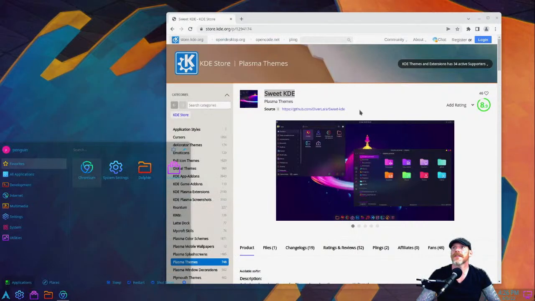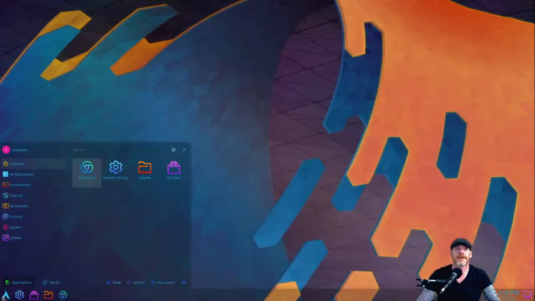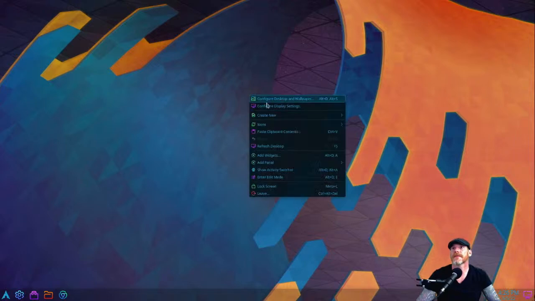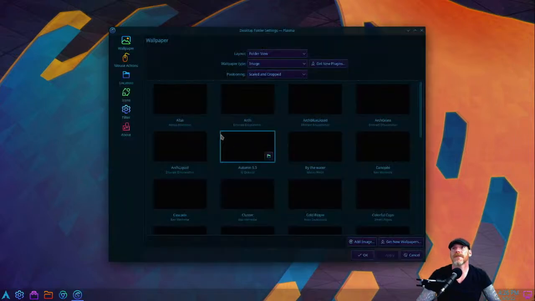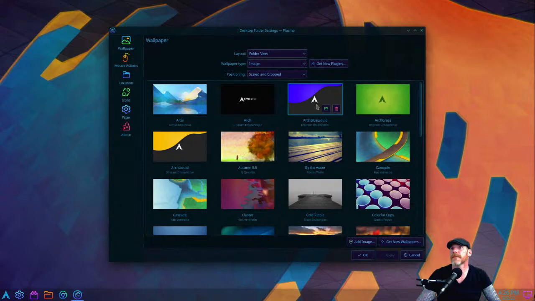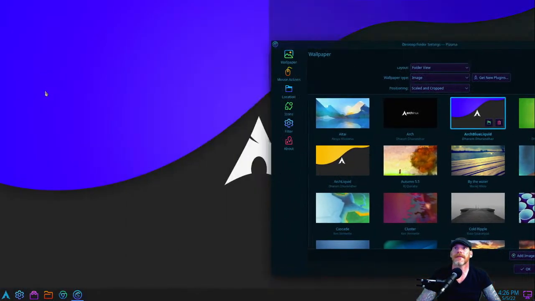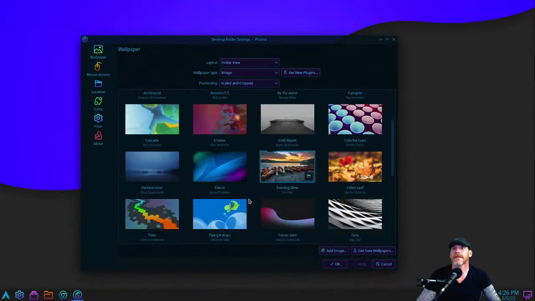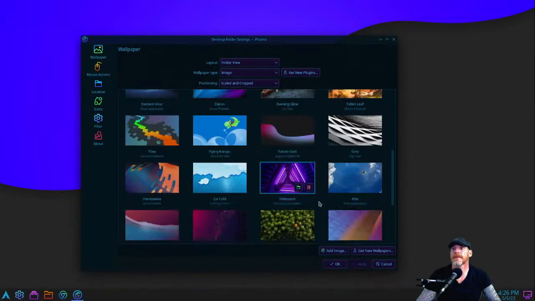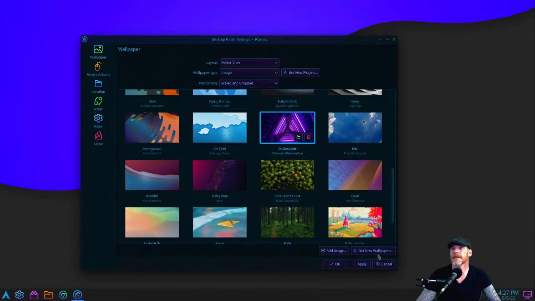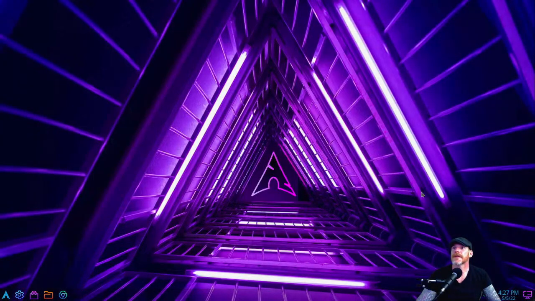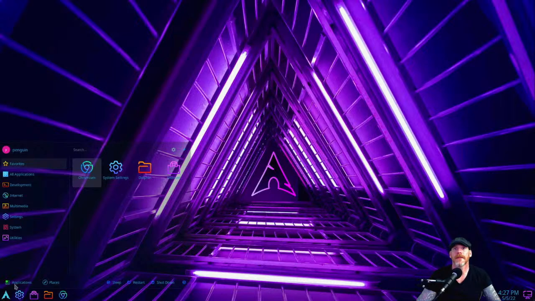When it's that see-through, it looks cool on the desktop, but your desktop and wallpaper. Let's look at the wallpaper here. Something like that. Oh yeah, that looks cool. Look at that. A little hard to see that part, but